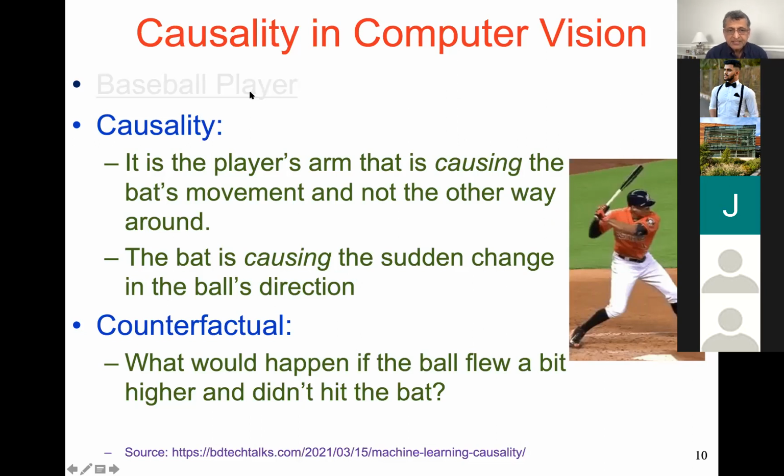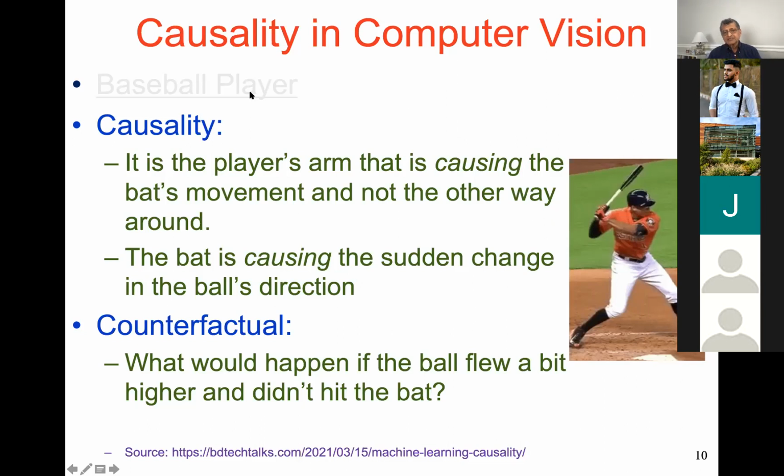There's no correlation in that the bat is not the one that is moving his arm, right? You would agree that it's the arms that move the bat. And you see the ball comes and hits the bat and changes its direction. It is coming from right to left, and it is now going from left to right. It looks like he's hit a homer here. So a good hit. So there is causality between the arms and the bat. There is causality between the ball and the bat. And we understand this. So we human beings looking at it understand that this is the case. It is the arms that cause the bat to move like that and not the other way around.